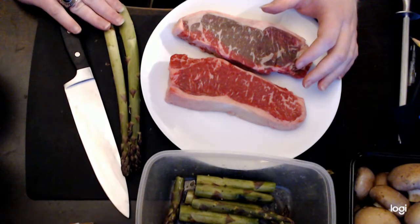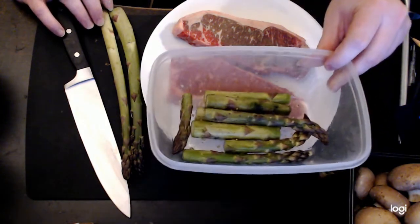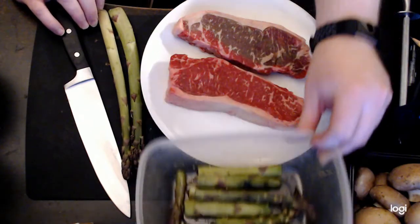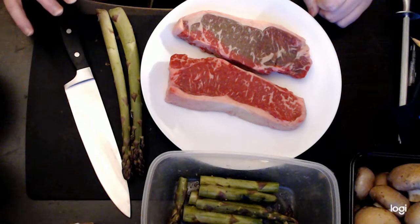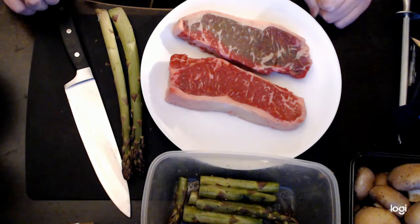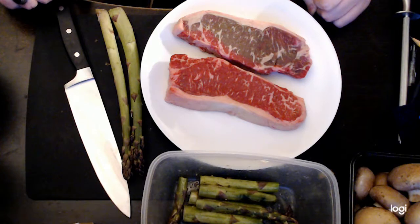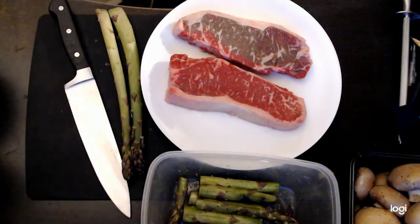I'll finish chopping up the asparagus, which I already have some of done right here, which is tossed in some olive oil and a couple different types of salt. It was a Maldon smoked salt, a Durango wood smoked salt, a black salt, a golden salt, and another smoked salt that I have. And it was just a pinch or so of each of those salts. So let me get started with